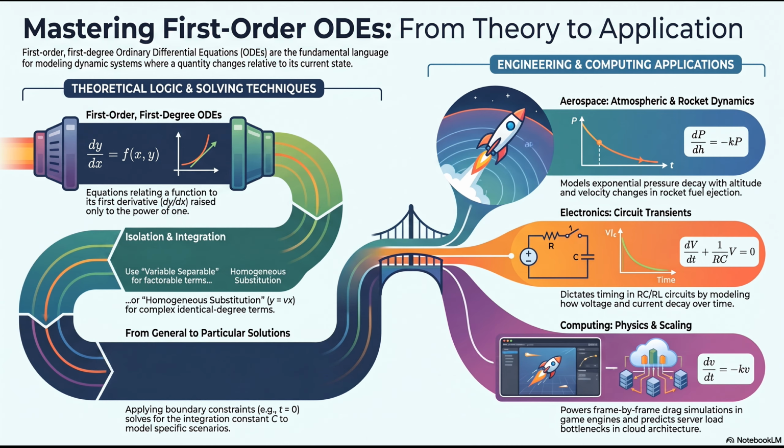And this is the entire foundation of physics engines in game development. Let's go back to your digital car from the beginning. Yeah, taking my finger off the gas. When you simulate that aerodynamic drag, the deceleration is proportional to its velocity. The faster the digital car goes, the harder the digital wind pushes back. So just to be crystal clear, when I am playing a racing game on my couch, my console isn't just playing a pre-rendered animation of a car slowing down. No, definitely not. It is literally solving a continuous first-order differential equation frame by frame while I hold the controller. Yes, it is. The game engine is constantly evaluating the rate of change.